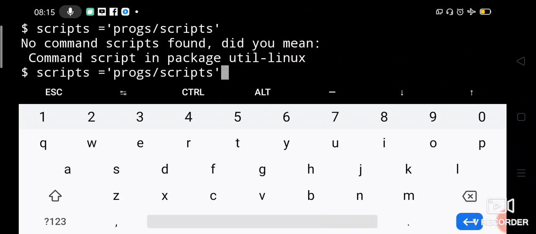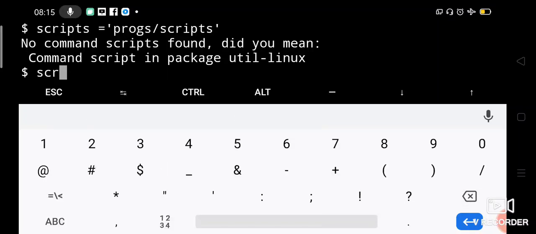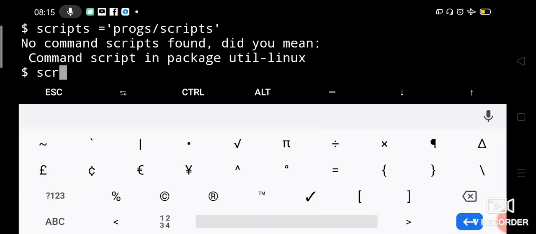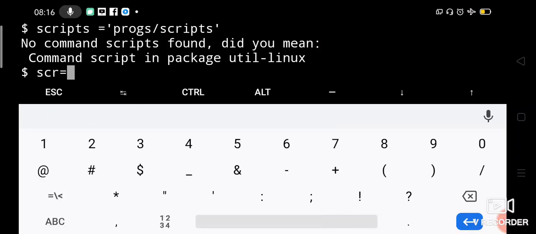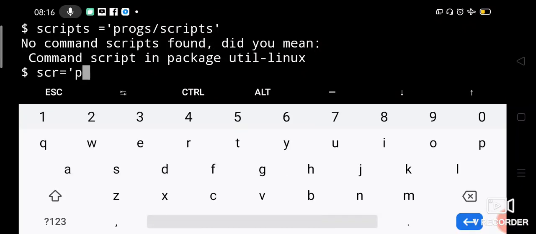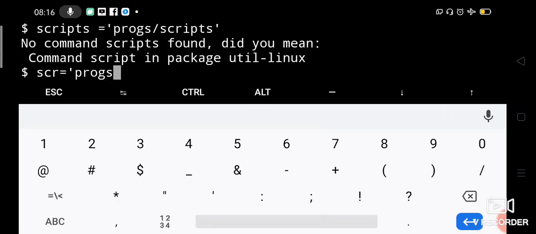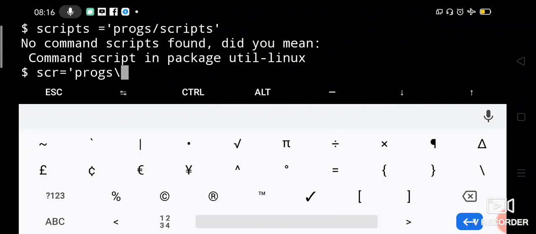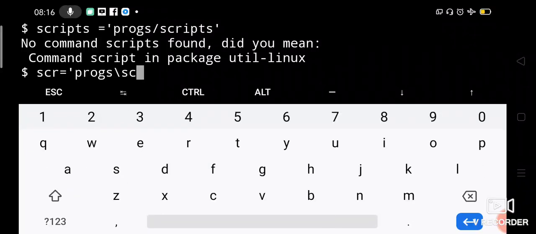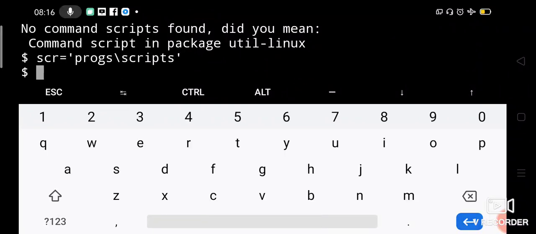Let us say scr equal to, within quotes, programs slash scripts, quote close. Now the path programs/scripts is stored in scr.